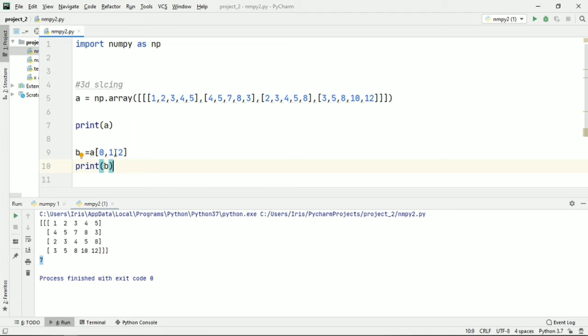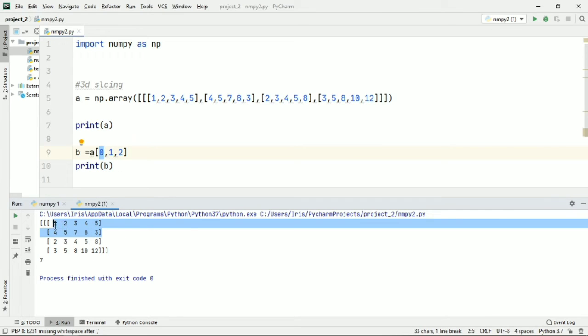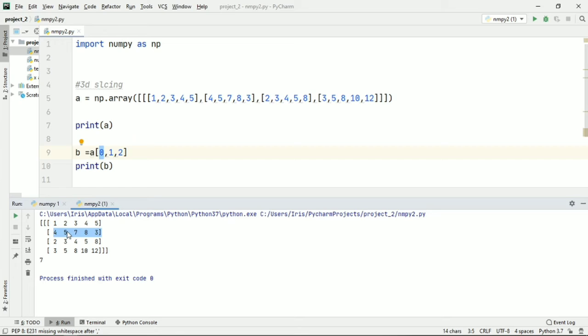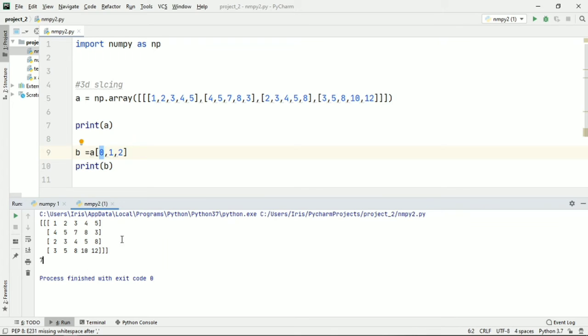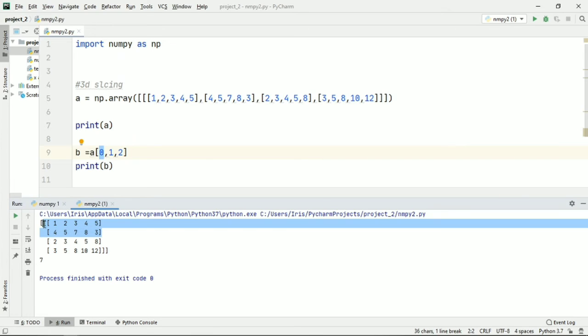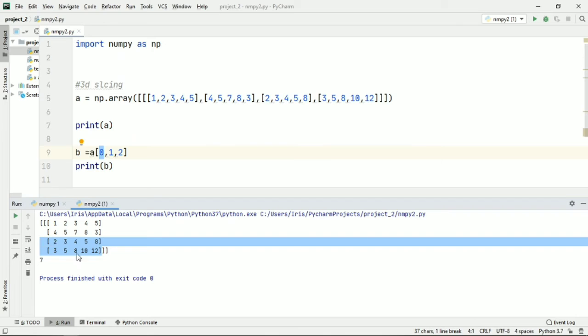Let's understand that. When I gave my first argument as 0, it ran through my upper dimensional array. My upper dimensional arrays were my first 2 arrays, and my lower dimensional arrays are my last 2 arrays. Whatever number of arrays you've got which is greater than 4, you basically halve it, and the upper two arrays are your upper dimensional arrays and your lower two arrays are your lower dimensional arrays.